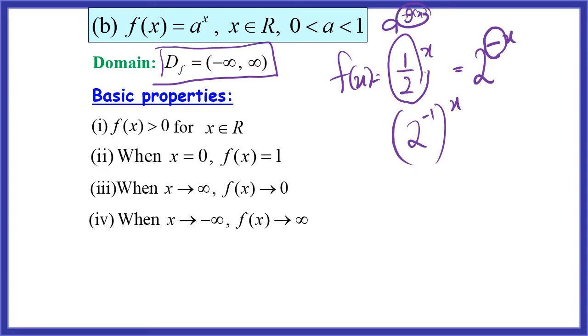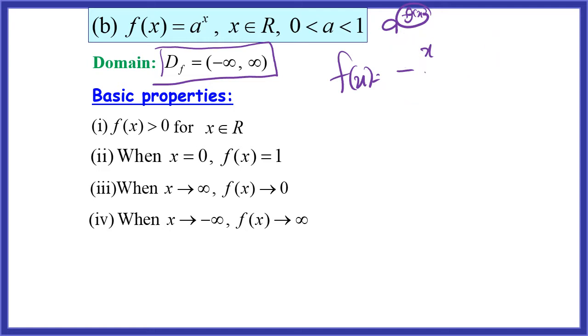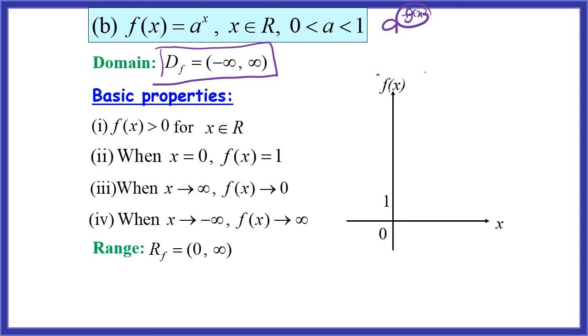Okay, the values will be the opposite of the part A function. So it will be the opposite values. If we see the graph, the range is still 0 to infinity, but 0 must not be included. But the graph, when x approaches infinity, it will approach 0, the y equals 0. And then when x approaches negative infinity, the y is approaching infinity. So it will be reflecting on the